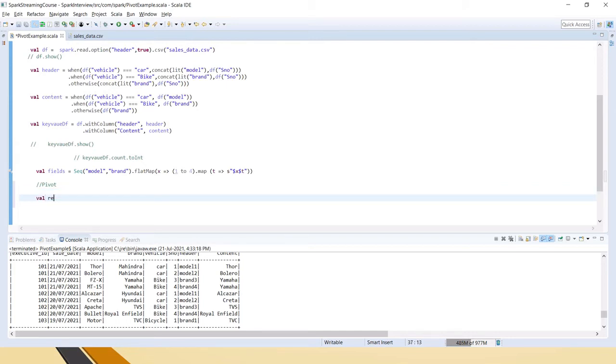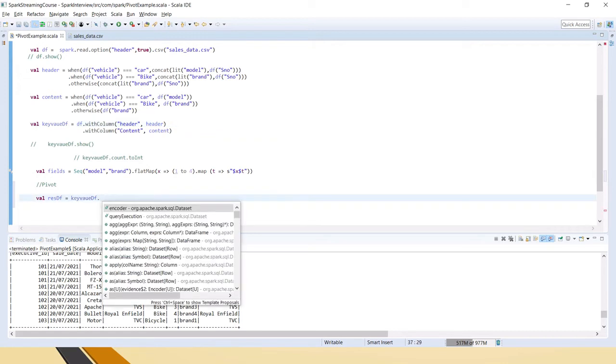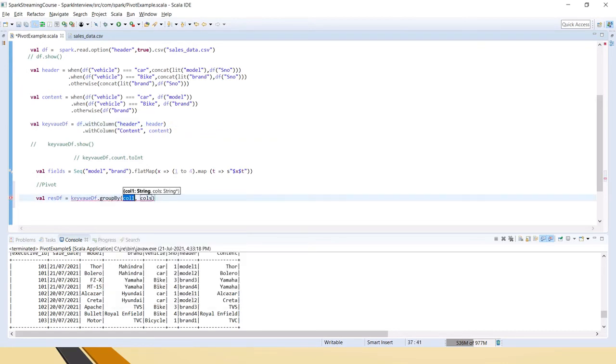So I am saying what is the result data frame, this is the data frame. Then for using the pivot, it should have a group by, the column on which we have to do the pivot, and some aggregation function we have to define. This is the syntax of the pivot usage in Spark.